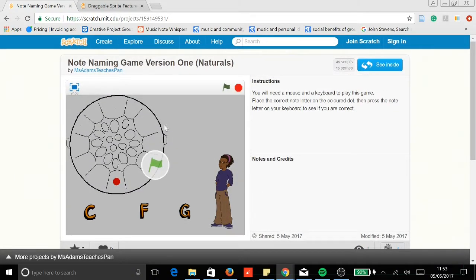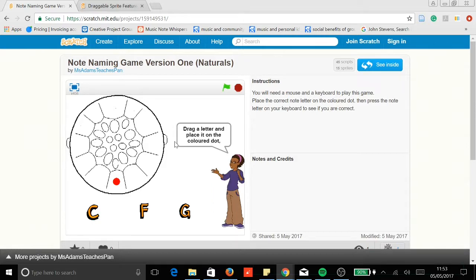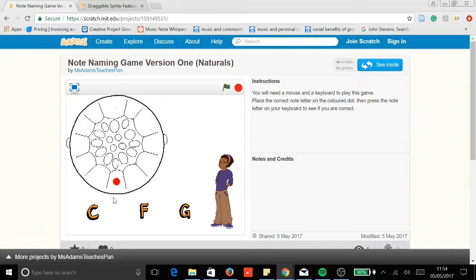Okay, so I have made the first version of my note naming game, and just to show what it looks like, you press the green flag, the little sprite avatar tells you what to do, then you drag the letter name to the colour, and then on the keyboard you press the letter, so in this case it will be C,